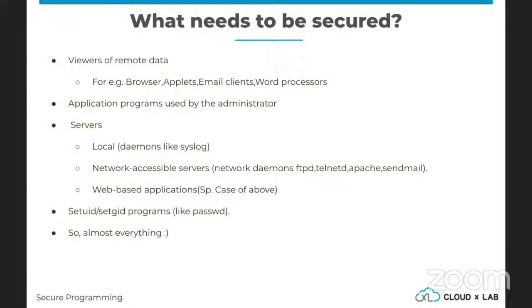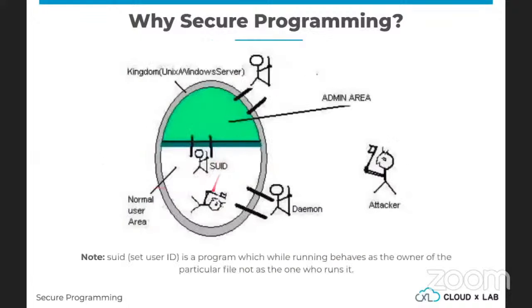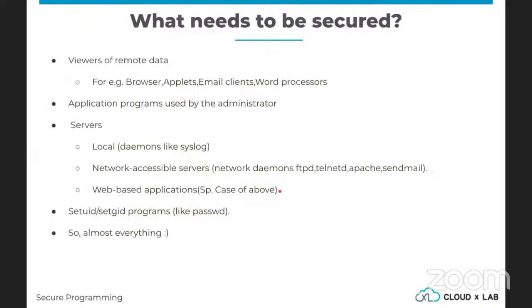Now, you might argue at this point of time that, hey, such kind of programs don't need to be secured. No, an attacker who is inside here could attack such programs. And basically, if these programs are not that secure, the people could become the root or the administrator by way of these programs. Okay, so you need to be extremely careful. I'm going to give you a brief demo by way of code. I'm going to talk about that.